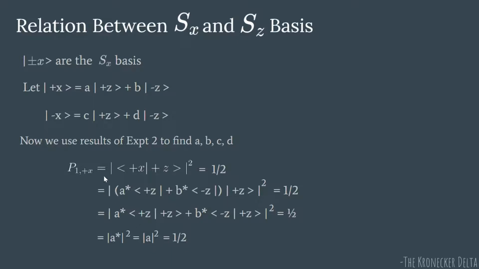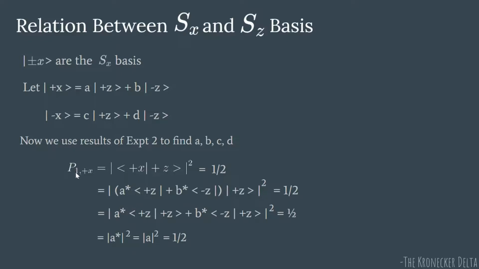Now what were the other results of experiment 2? We had one represents that you are inputting the first beam, the upper beam. So when you input the upper beam and you ask what's the probability for it to end up in the minus x state, what do you have here? You get minus x here, you put minus x here. So you get c star here, d star here. Then one of it goes to 0, you get c star square, so you get the value of mod c square.